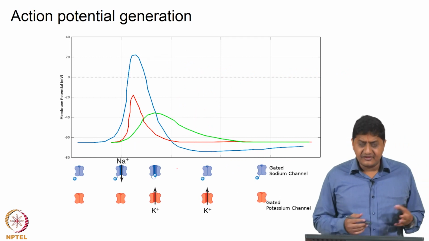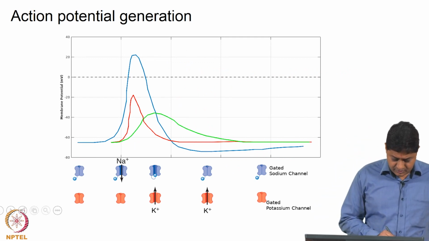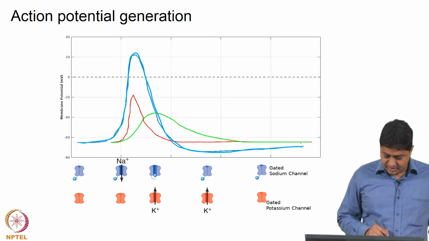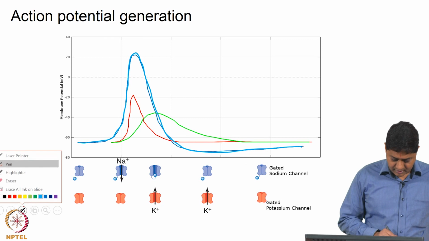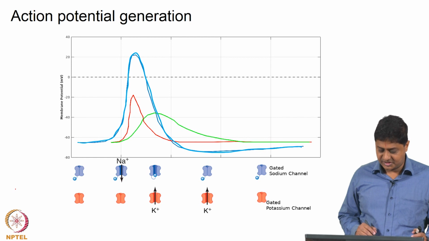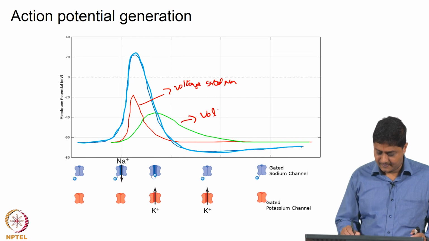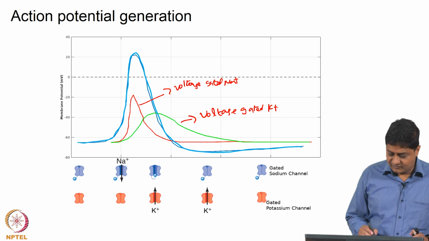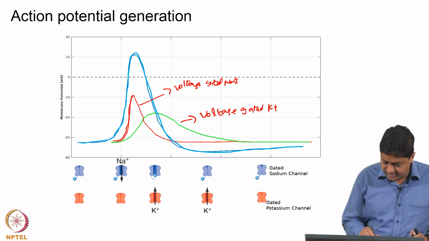What causes this? One more time, another way of viewing the same thing. The plot in blue here is the action potential. What you see in red and green here are the conductances of the voltage gated sodium and voltage gated potassium channels respectively. The red one is the voltage gated sodium and the green one is the voltage gated potassium channel. Now, what I mentioned earlier, the sodium conductance remains high only for a brief period of time and immediately comes down, whereas the